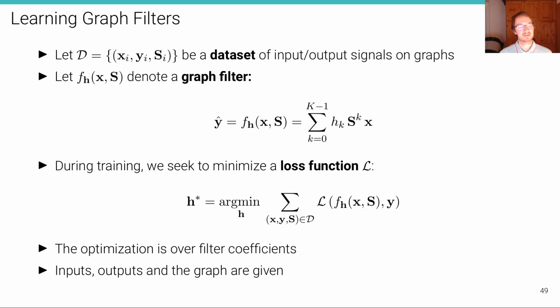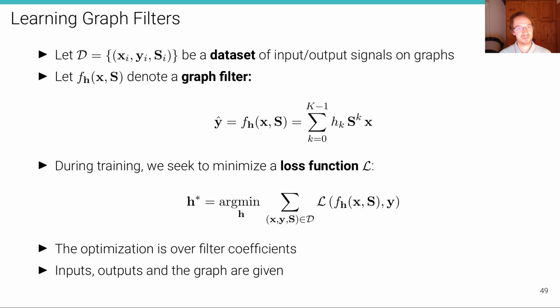Potentially, this dataset could contain elements from different graphs, and we could train a graph filter that is becoming robust to different graph representations. As long as in the test set we're seeing graphs from the same distribution,